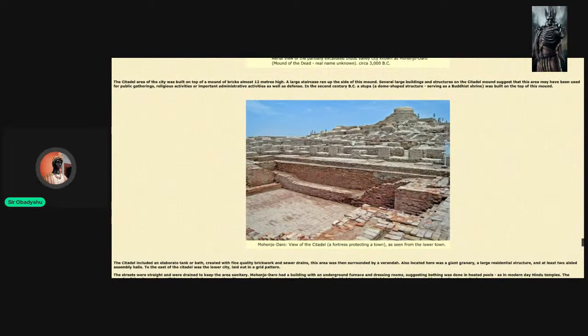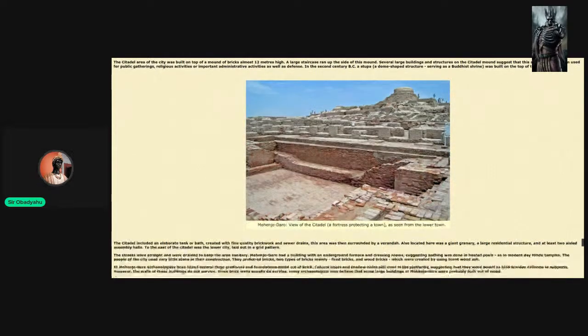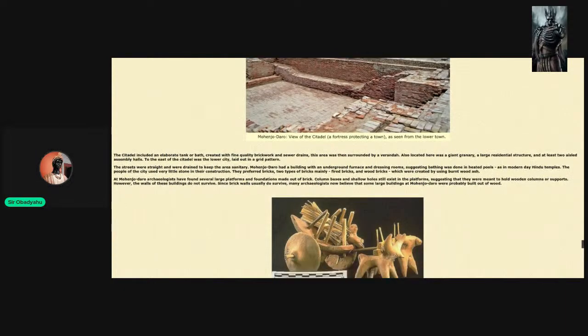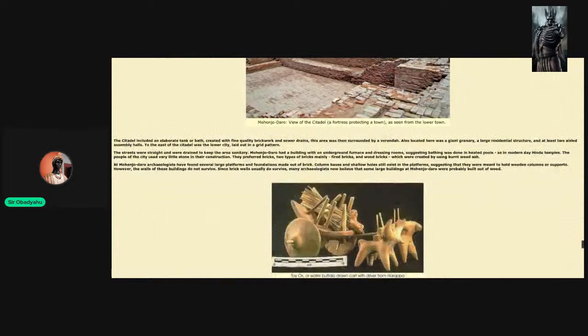Mohenjo-Daro, view of the Citadel fortress, protecting the town, seen from the lower town. You see that? That's the whole thing right here. So yeah, Indus Valley. The Citadel, including the elaborate tank of the bath created with fine quality brick, and the sewer drains. This area was surrounded by the